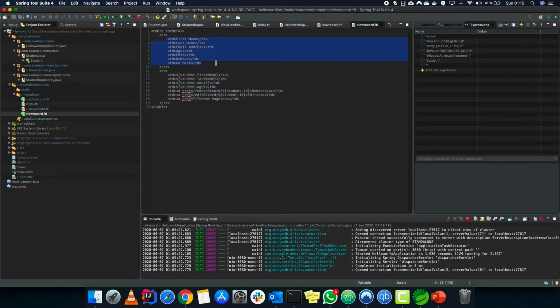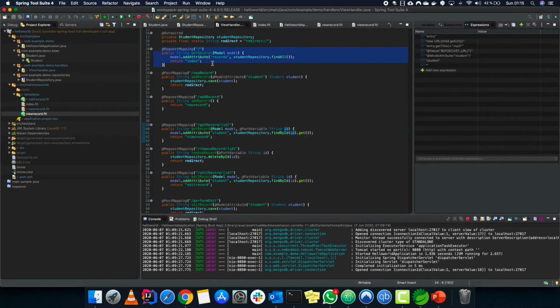So we are showing our first name, last name, email, age, and everything. Now afterwards we have remove records. So there are three links, how they work. So home page is same, just calling a particular link, and then it just calls slash, which means it will go into that particular mapping that is same as the index page.